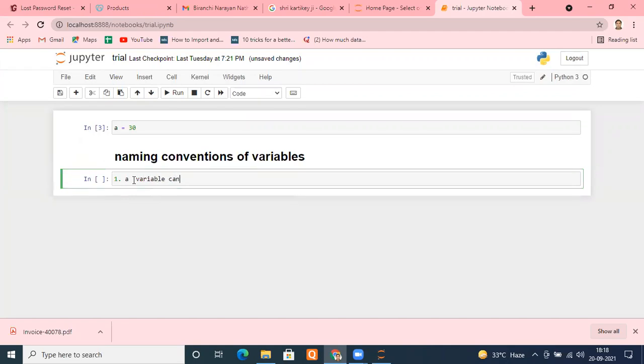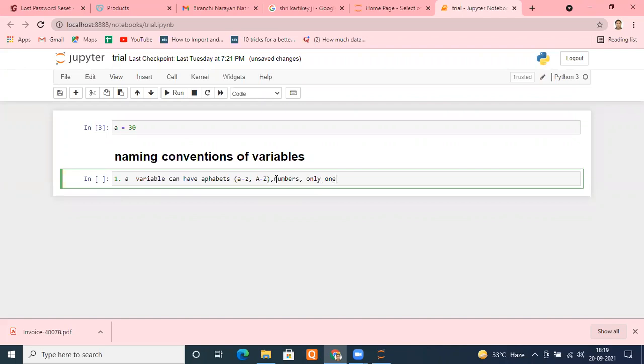A variable can consist of, so whenever we will be naming the variable, but if somebody is unmuted, please mute yourself. It's a request. A variable can have alphabets, that is small a to small z, comma, capital A to capital Z, comma. It means we can have alphabets, numbers, and only one special character.